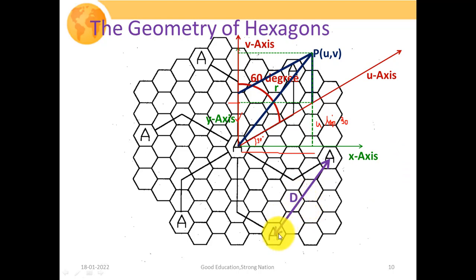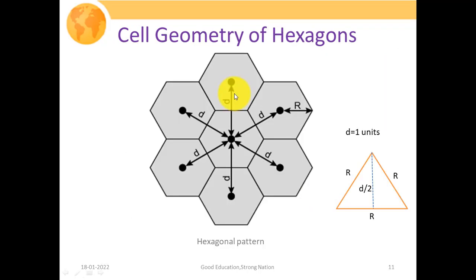And now, since our objective is to evaluate this particular distance d in terms of unit cell radius distances, we are going to look through another slide, that is how we are going to evaluate this co-channel distance. One important parameter about your hexagon cell structure is that if you join the vertices of any regular hexagon to its center, we get 6 equilateral triangles. This is our hexagon cellular pattern, where we have mentioned that from this particular center to this particular center the distance is d and your cellular radius is r.